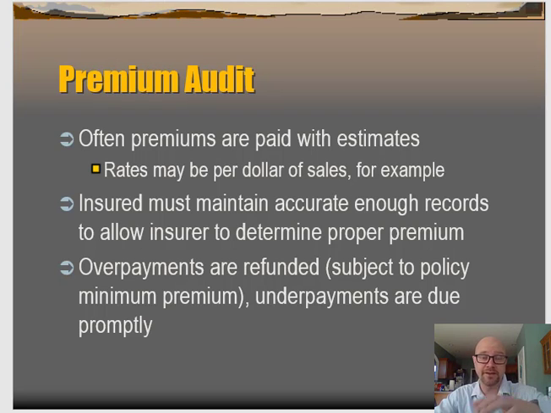So if you're a retailer, your rate is going to be based on something that is currently unknown. What are your future sales going to be over the course of the year? If some of them are done by payroll, how much payroll do you have? That dictates your liability rate. A contractor, for example, would have CGL rates determined by payroll. We don't know your exact payroll. We're not going to know until we get to the end of the year. And so we're going to go through and we're going to audit. And again, if you've paid too much, we'll give you a refund. If you haven't paid enough, we'll go ahead and ask you to pay in the balance as part of that audit process.